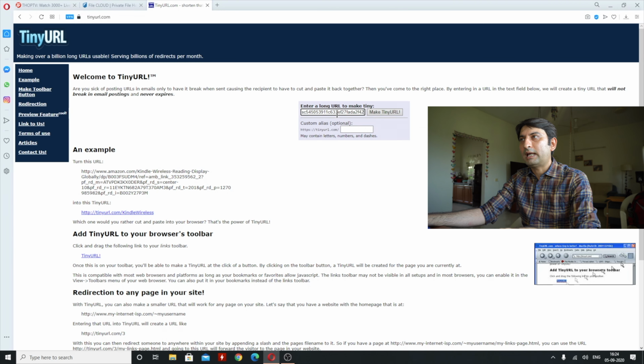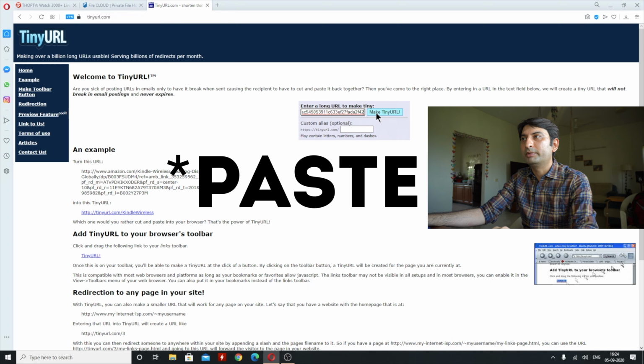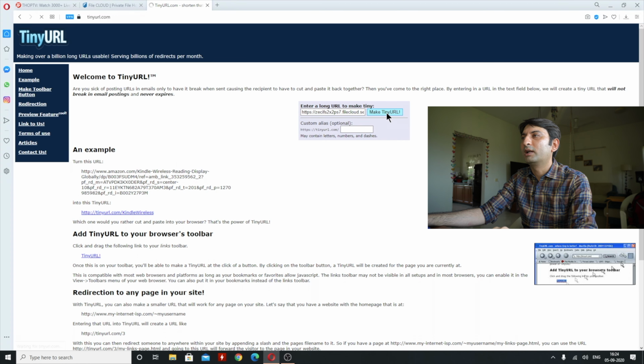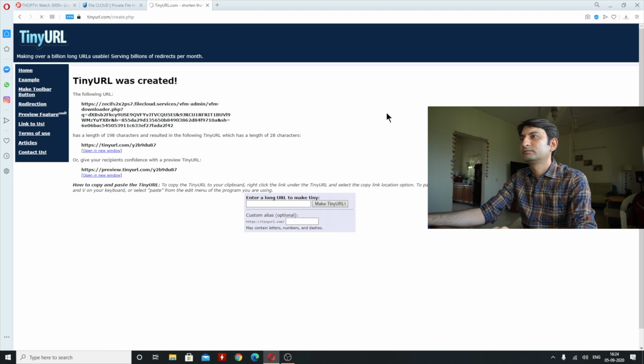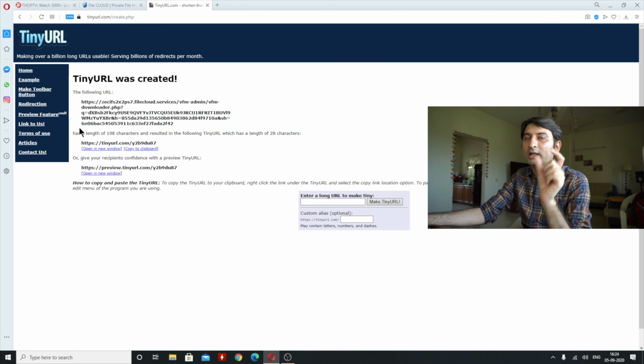And you can type in the link that we just copied and click on make tiny URL. Okay, so as you can see, this is the tiny URL or the short URL for downloading Thop TV, which can be directly typed into our Fire TV stick and the download of the Thop TV APK will start.